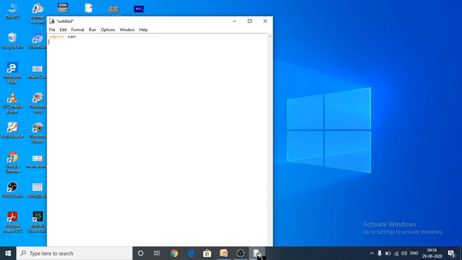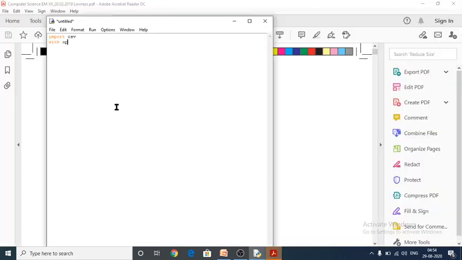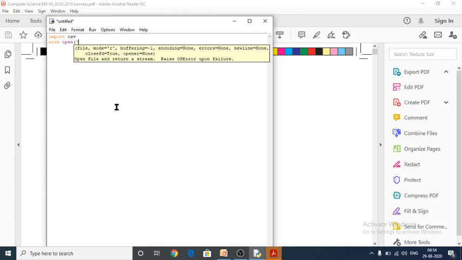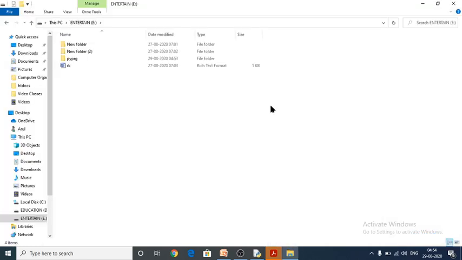with open. Within the bracket, you have to give within quotes where I have stored the file, so you have to specify the path here. In E colon I have saved the file, so here I have to specify the path.